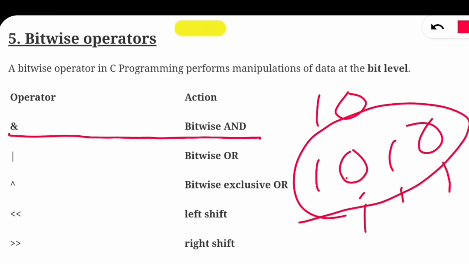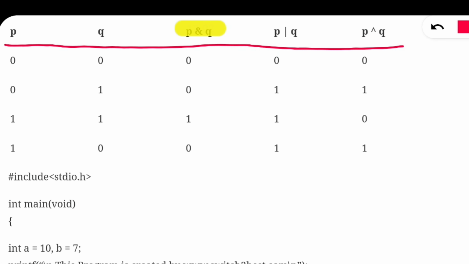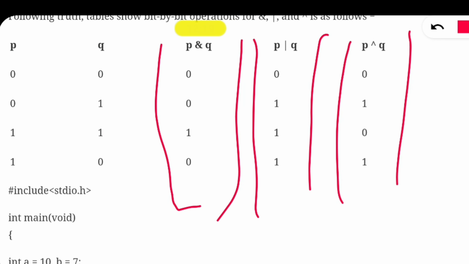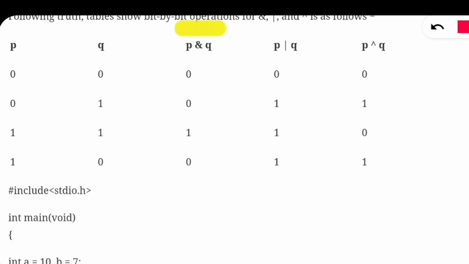Before moving, you have to remember one thing: the truth table of all bitwise operators. Say P and Q. I have taken some values here. Now, what will be the truth table for bitwise AND, bitwise OR, and bitwise XOR? In case of bitwise AND, all of us know the AND gate.